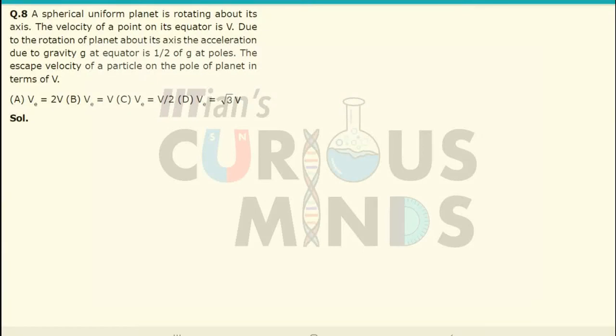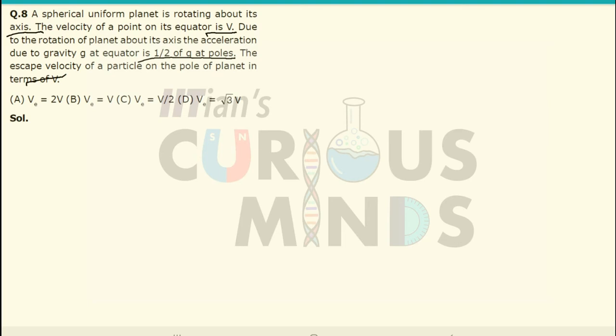A spherical uniform planet is rotating about its axis. The velocity of a point on its equator is v. Due to the rotation of the planet about its axis, the acceleration due to gravity at the equator is equal to half of that at the poles. Okay, half of g at the poles. The escape velocity of the planet at the pole, in terms of v, will be equal to...